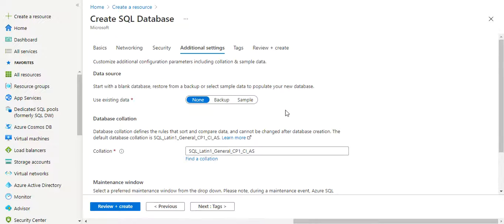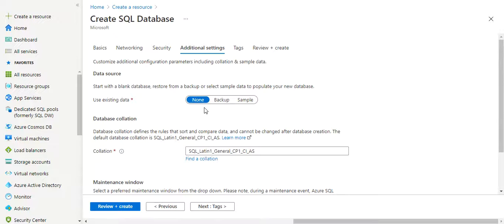Next, this is the important thing. Here we are going to create a database. Now, this depends on your requirement. If you want to create a blank database, only the database should be there, and you will create the tables, all the tables and all the stored procedures later. So you can select None, that is the default value.